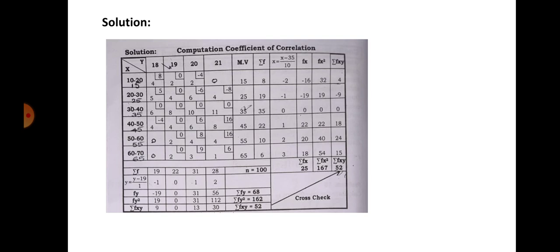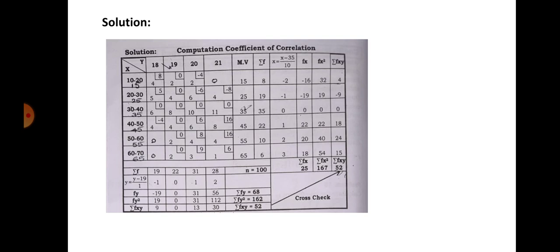Next, addition of this one; column addition also can be done. Now 4 into minus 1 into 1 is minus 4. 4 into 0 into 1 is 0. Next, 6 into 1 into 1 is 6. 8 into 2 into 1 is 16. These are all the respective values that I am calculating in each cell. Therefore, addition: 16 plus 6 minus 4, 22 minus 4 is 18, which is the last column sum. The numbers in the squares will have to be multiplied at the end.